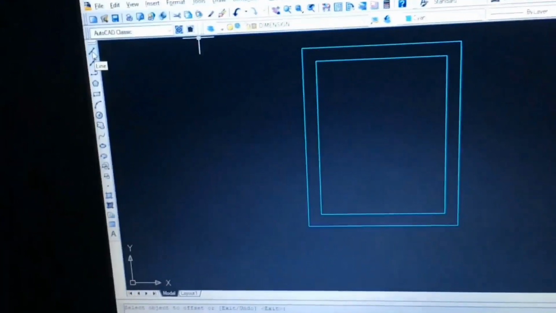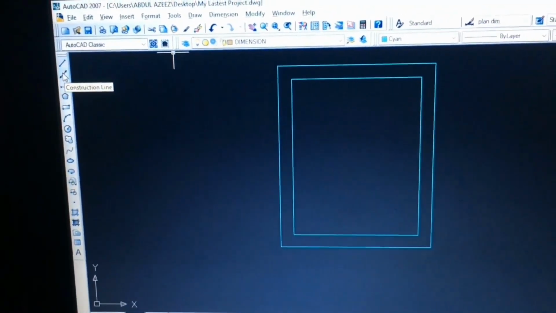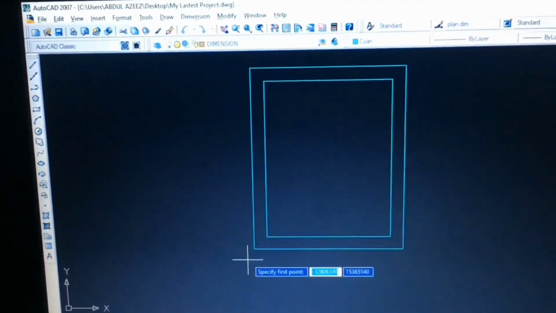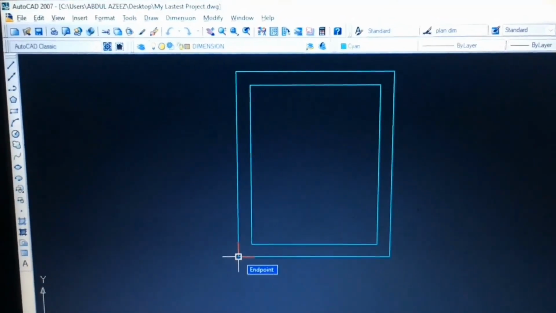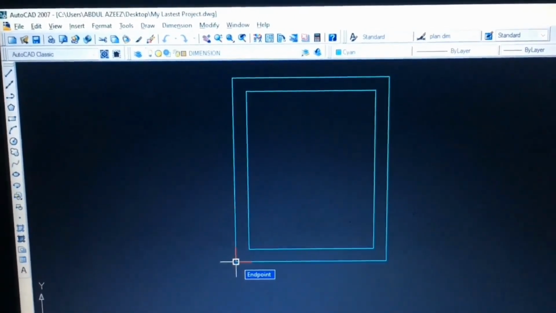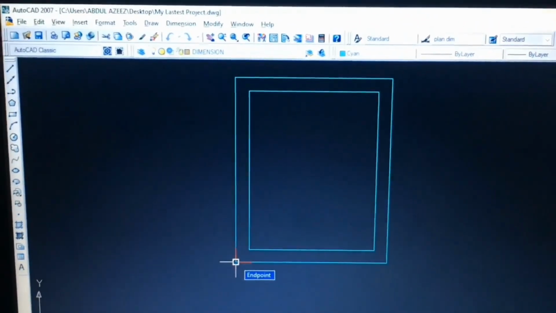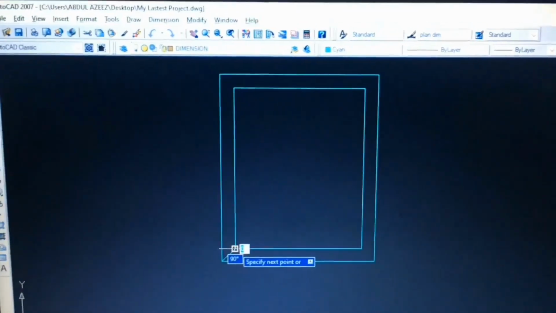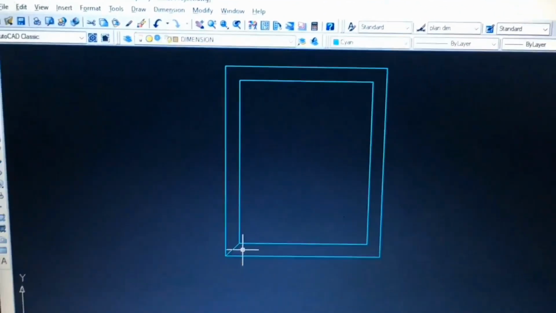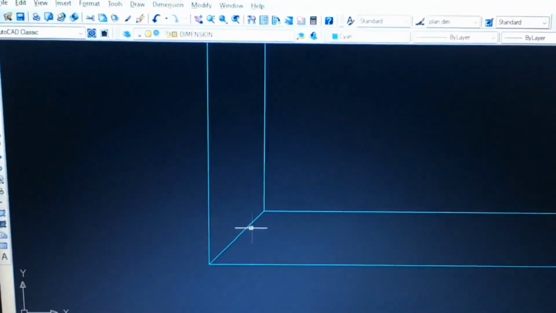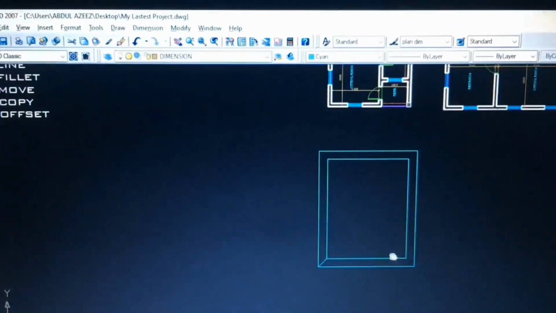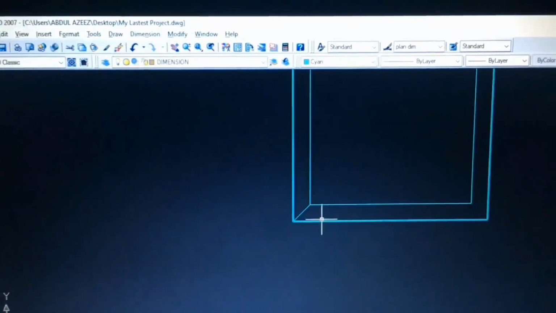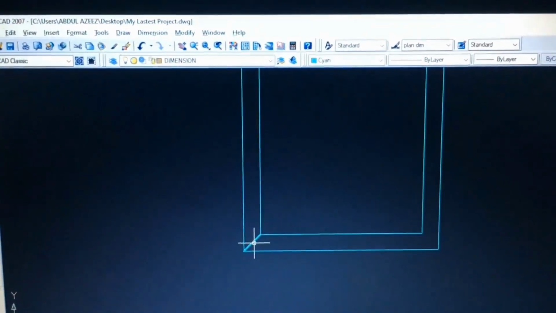You can use the line or construction line, but let me use the line. So I'm joining the eaves and the building plan together. So now I have this. I decide to do the same thing here, and here, because I want to be fast and I'm showing the easiest way, so I can just use